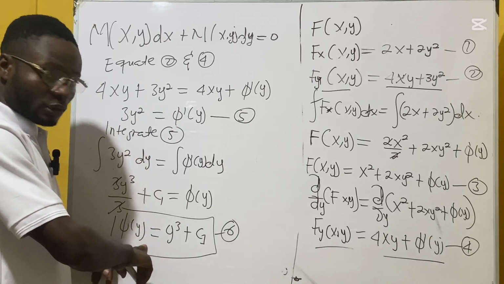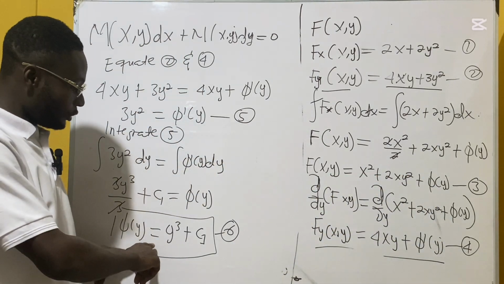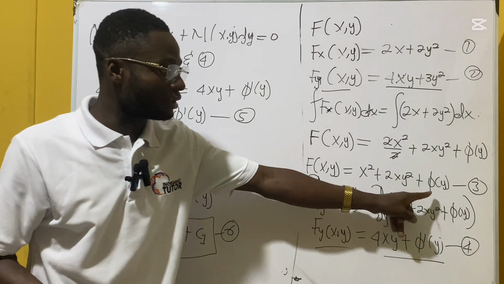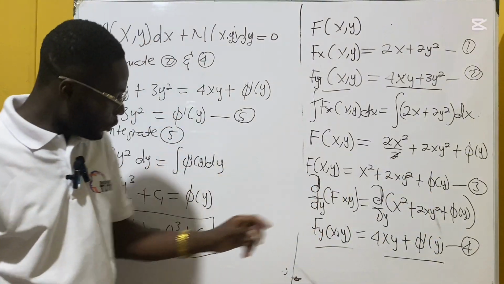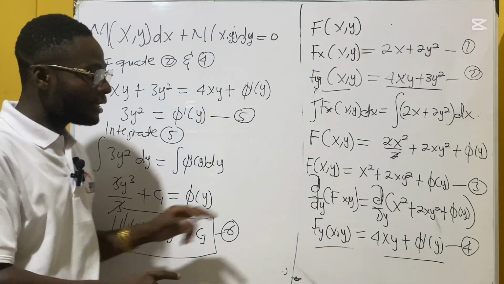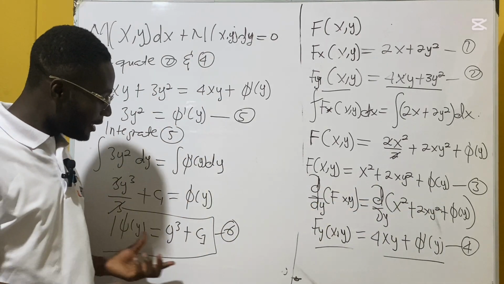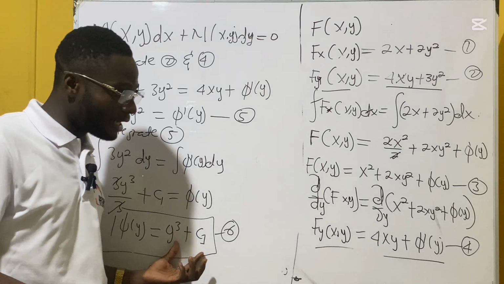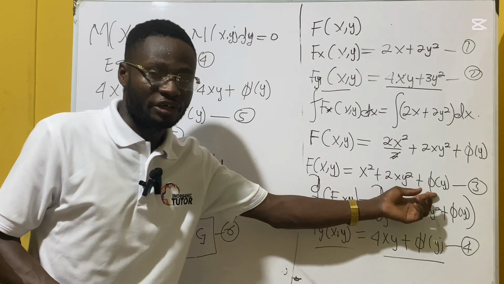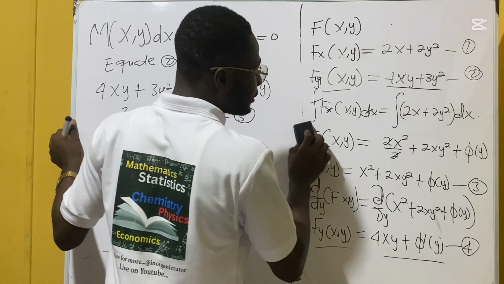So this is equation 6 and this is equation 3. So let's try to put equation 6 into equation 3, because we have phi of y equals y cubed plus C1, and then we have phi of y here. So let's put the function phi into equation 3. So when we do that,